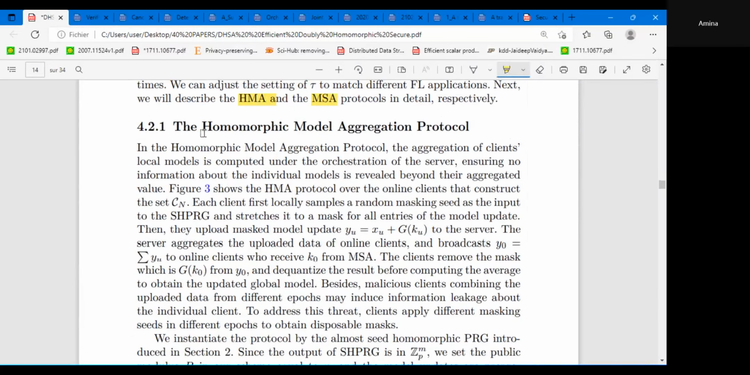So let's start first with the homomorphic model aggregation, which is this first one. In the homomorphic model aggregation protocol, the aggregation of client local models is computed under the orchestration of the server, ensuring no information about the individual models is revealed beyond their aggregated value, which is Figure 2,